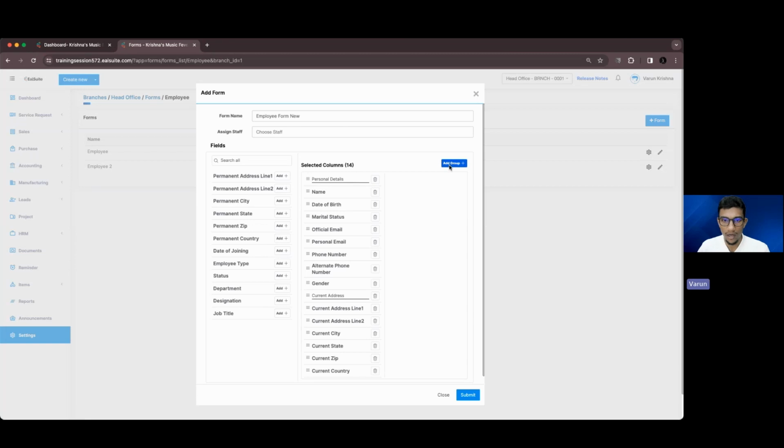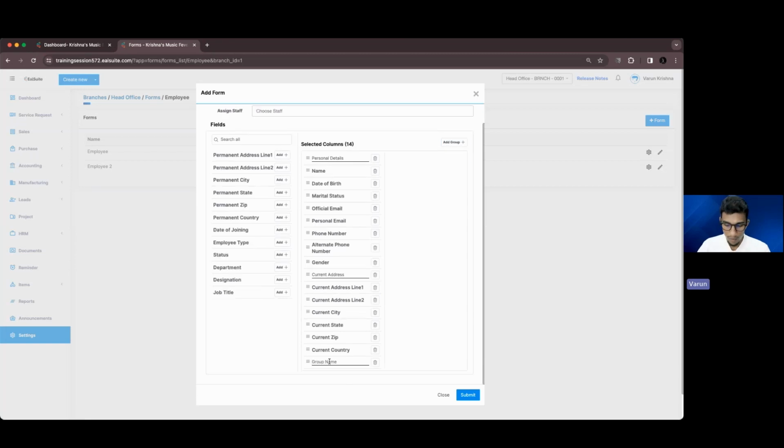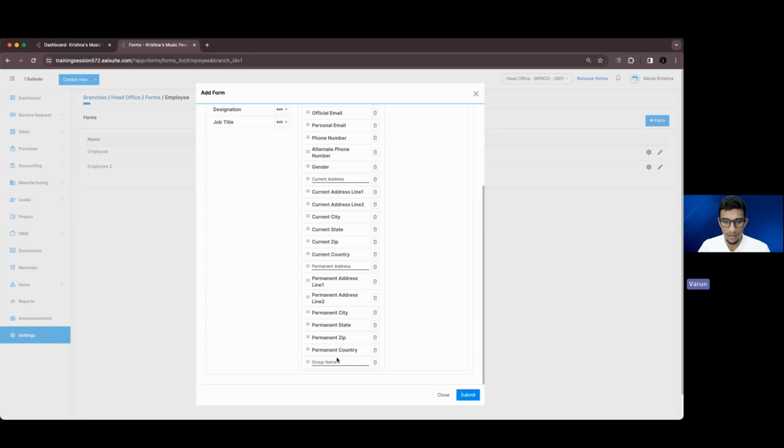I'll be adding all this under current address. Then I'll be adding permanent address. Yes, I can add in all the permanent address. Then I'll be adding another section called